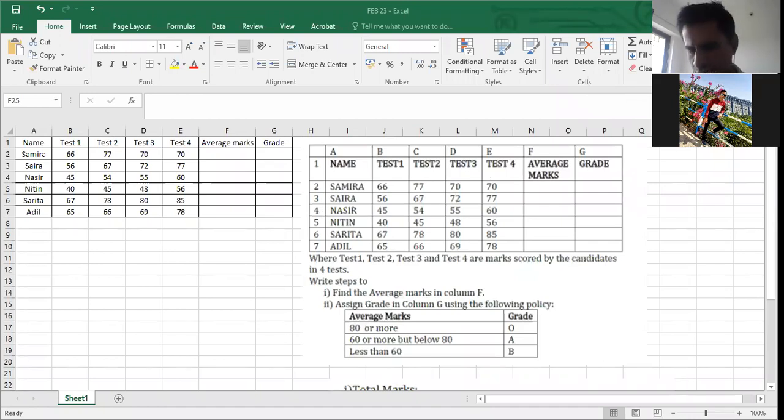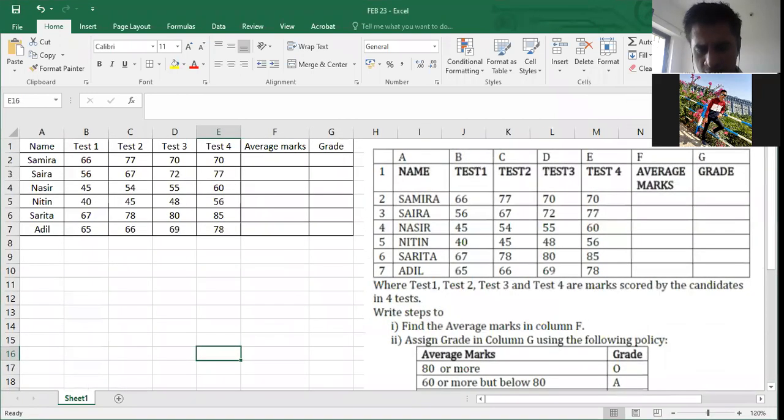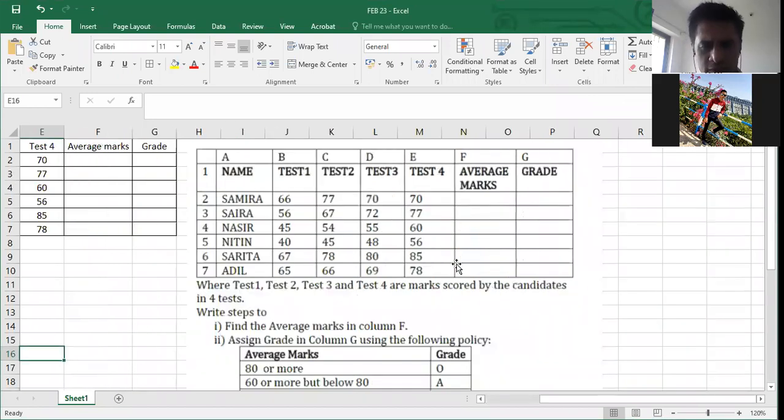See your right hand side screen. And now the question is to find out the average as well as then sort based on the conditions. Now see, this is one type of mark sheet and our aim is to find out the grade obtained by a particular student based on different types of criteria or different types of conditions.